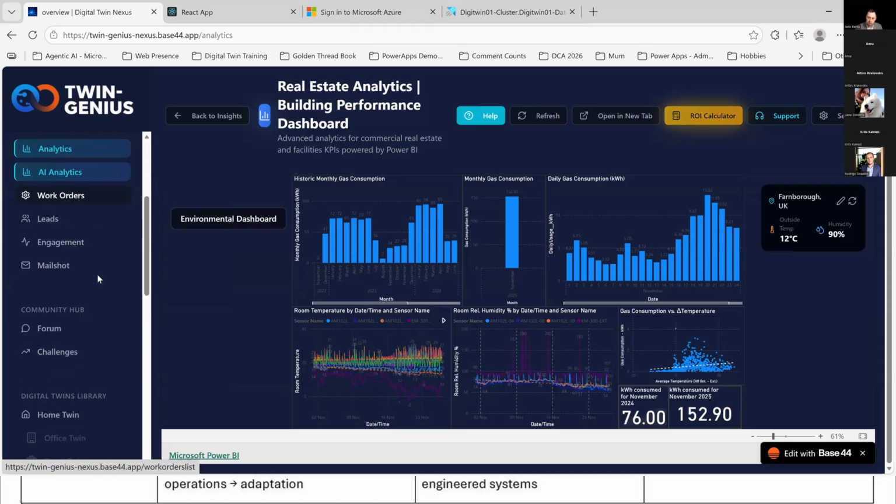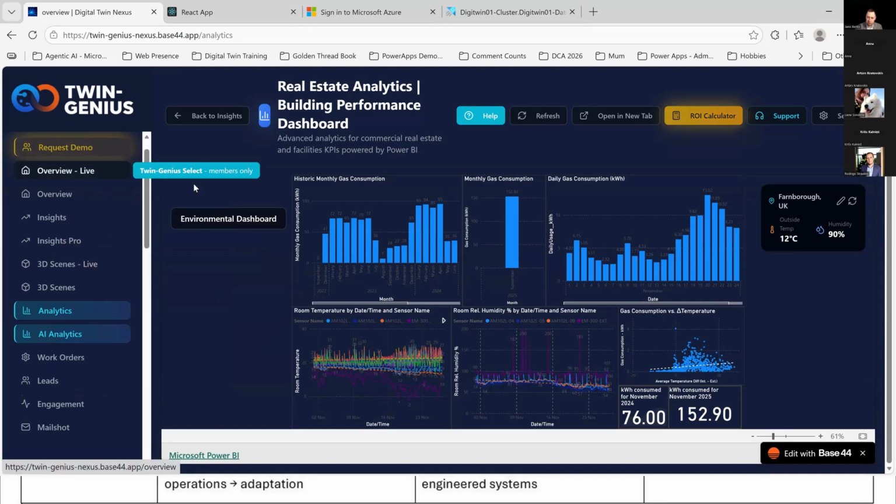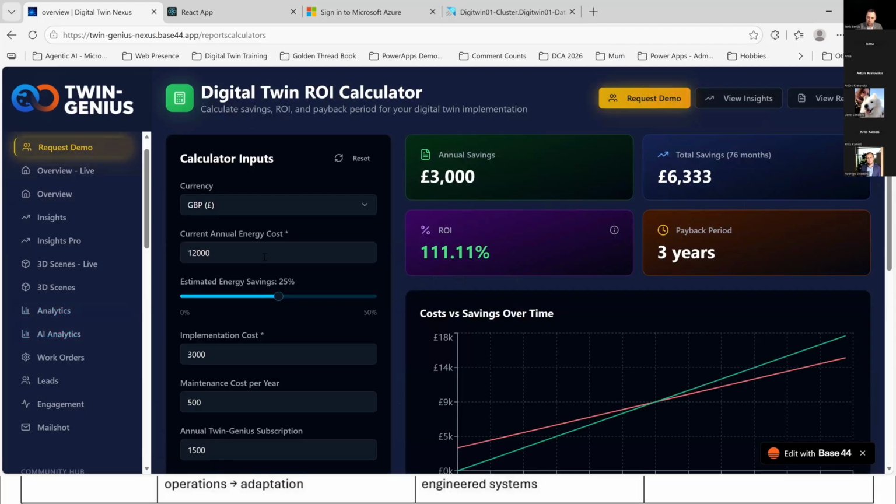I think one of the things that I was keen on doing is saying to people, look, I realize that you probably want to know what the return on investment is. So what I've done is I've embedded a return on investment calculator, which is able to show what the cost of the system would be against the savings. And the idea then is that it helps people to start thinking about it not in terms of pretty pictures and spinning around models, but actually what's the bottom line here? How much am I going to save over, I don't know, 7 years or 10 years and that type of thing. So, that's the essentials of what this does.